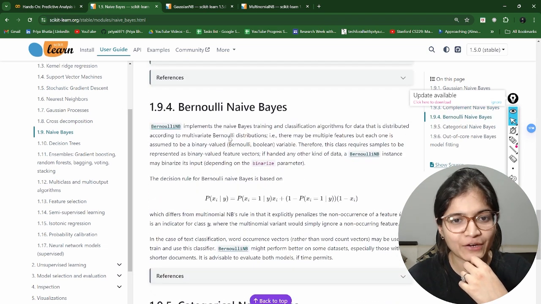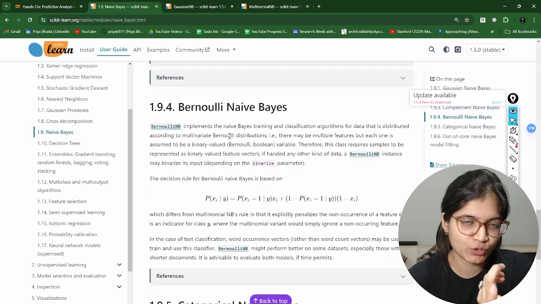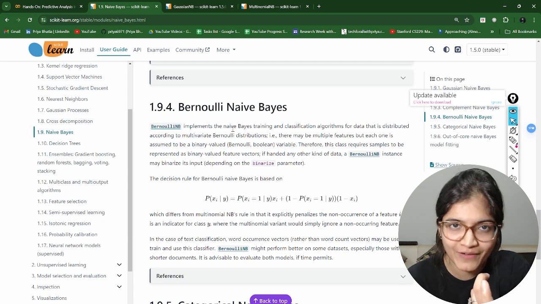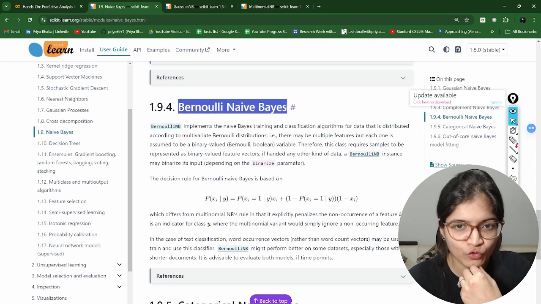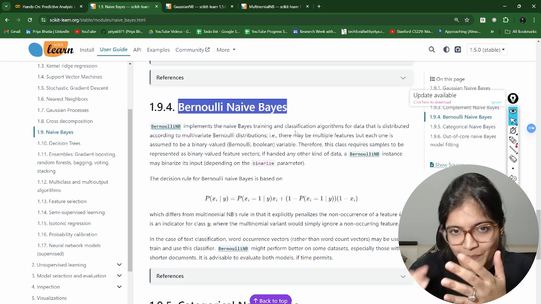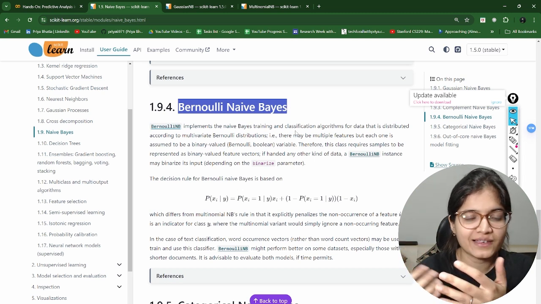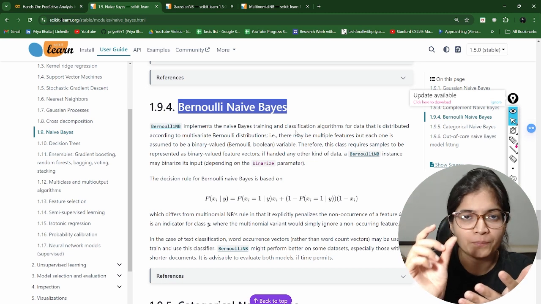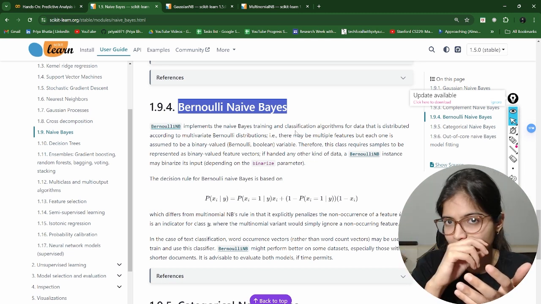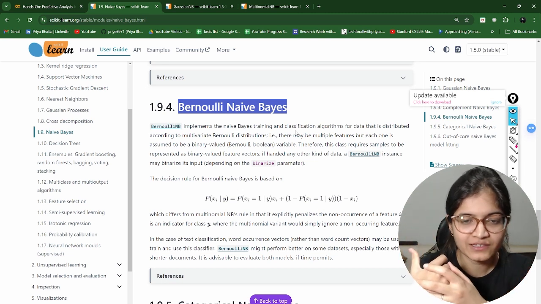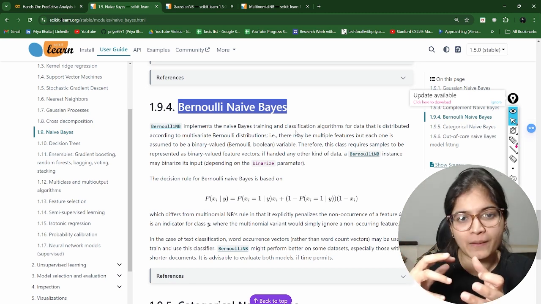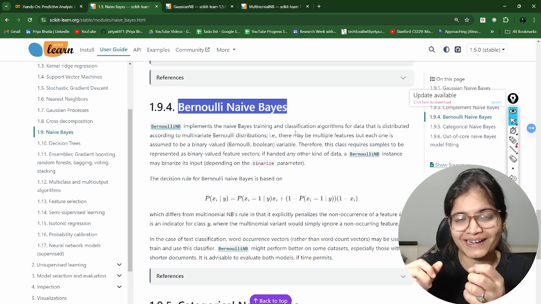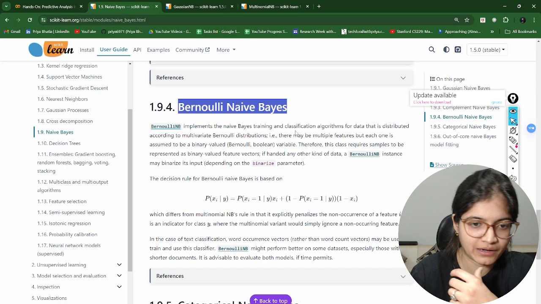Then in the fourth category, we have Bernoulli naive Bayes. Bernoulli distribution, again, whenever you have Boolean values available in your data, which are either true or false, in that case, definitely you can go for this Bernoulli naive Bayes. So the difference between all these categories is just the type of distribution that we have. If you go in depth into the maths, every particular distribution has a different PDF or PMF depending upon whether it belongs to a discrete random variable or a continuous random variable. And accordingly, the equation will change in the model, right?